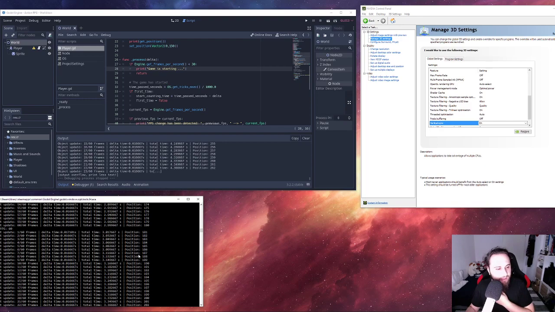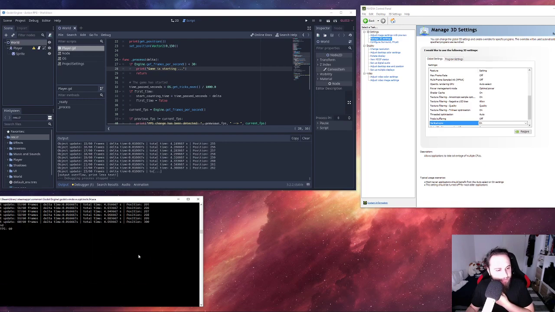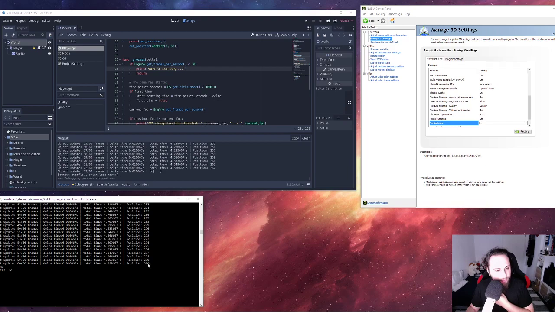And after some time, when we reach the position 300, it took nearly 5 seconds, 4.999667 seconds. So yeah, pretty much 5 seconds, and that was it. This is the frame-based motion,